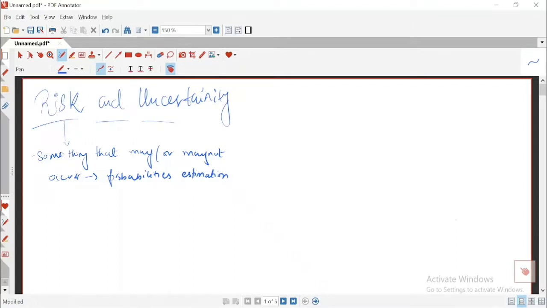However, uncertainty is basically you cannot estimate any outcome. Meaning something you do not know what is going to happen in future and you are completely unsure about what will happen or about the outcome. For example, if a business is launching a new product, then they do not know how consumers will respond to that product. So uncertainty is a situation where the outcome cannot be easily estimated or cannot be estimated.